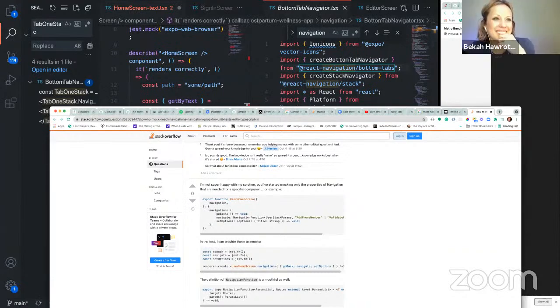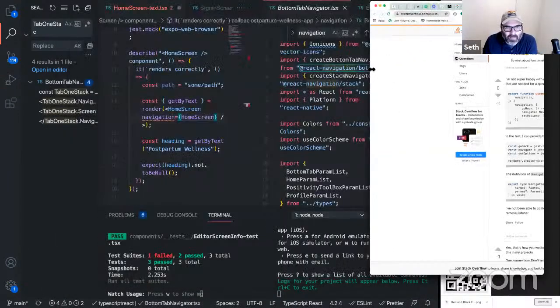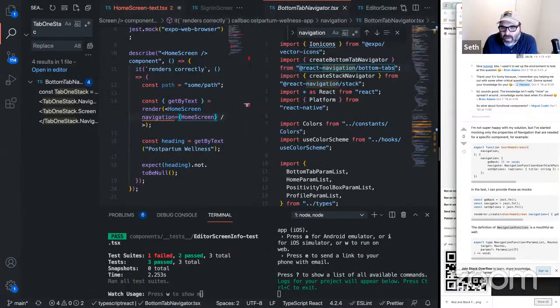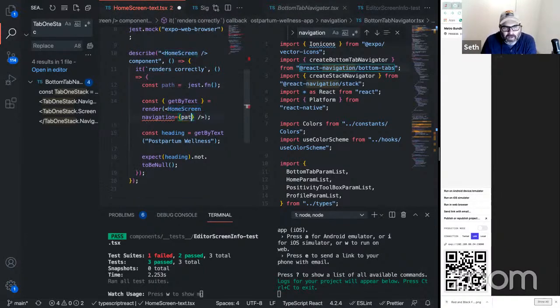So then we would need to create that little mock function and just pass that in. So for path, you could just put path equals jest.fn. Yeah, there you go. And then just pass in path, just to see what happens.